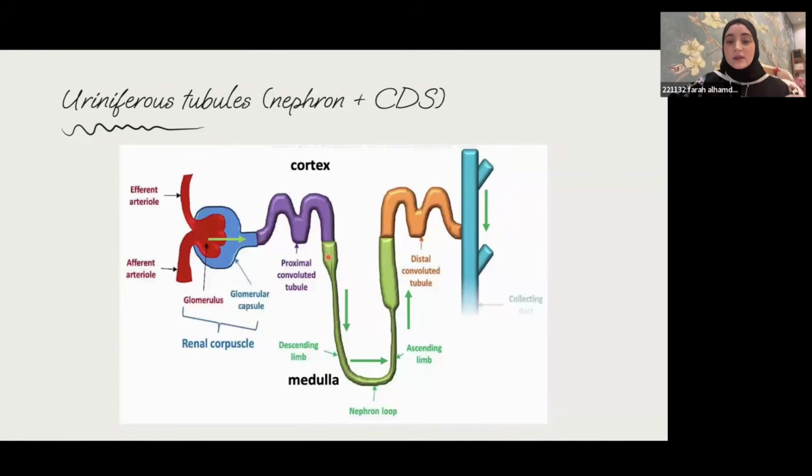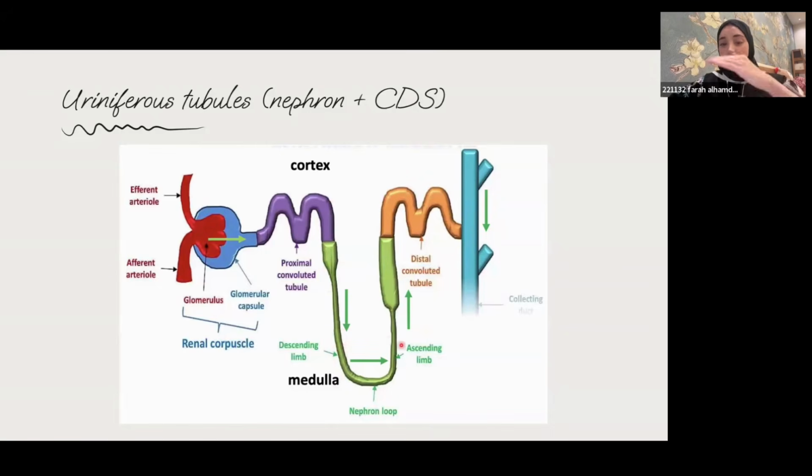Another name for it is the thick descending limb of the loop of Henle. This entire loop is called the loop of Henle. We have the thin limbs and the thick limbs, but this is also part of the proximal tubule, you could say. So this is the pars recta, and this is the thin descending limb of the loop of Henle. This is the nephron loop. All the way from here,